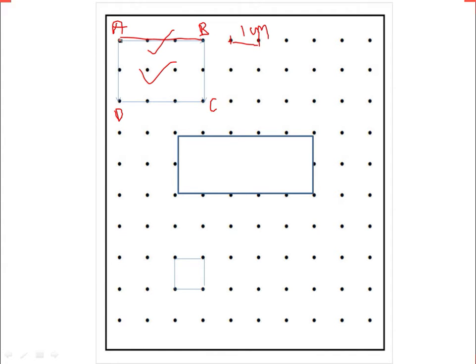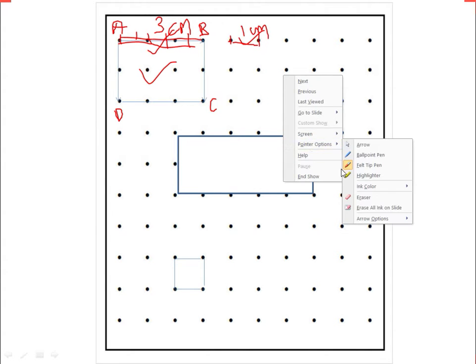Now you can see, as I already told you, the distance between these 2 points is 1 centimeter. So this will be 1 centimeter, this will be 1 centimeter, and this will be 1 centimeter. So the total distance from A to B is 3 centimeter, isn't it? The total distance between A and B is 3 centimeter. So again we will try to understand.